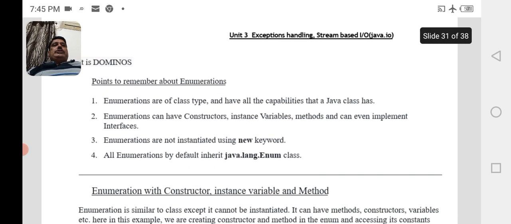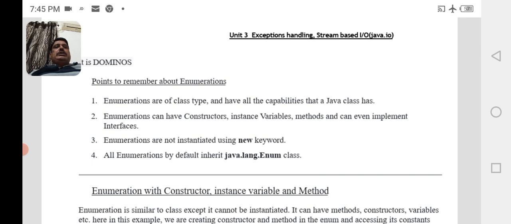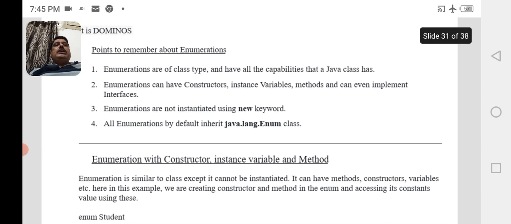Points to remember about enumerations. Enumerations are of class type and have all the capabilities that a Java class has. Enumeration can have constructors, instance variables, methods, and can even implement interfaces. Enumerations are not instantiated using the new keyword. All enumerations by default inherit the java.lang.Enum class.